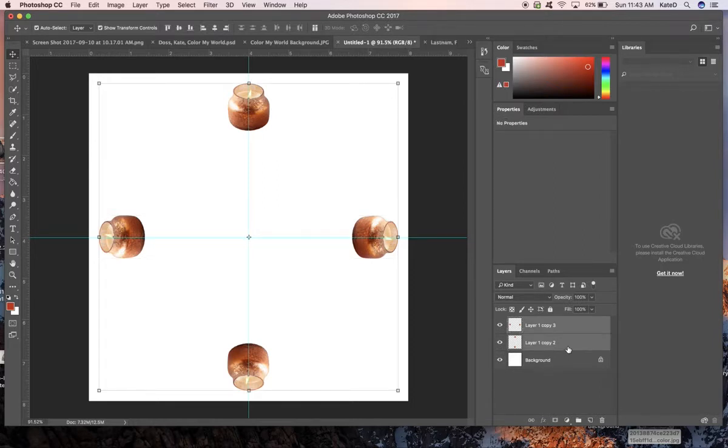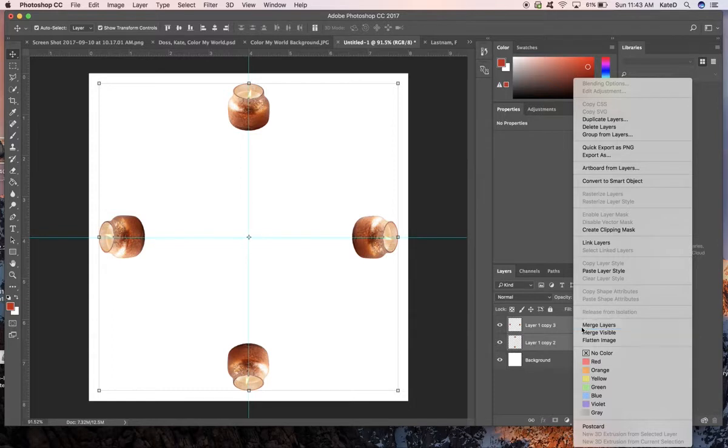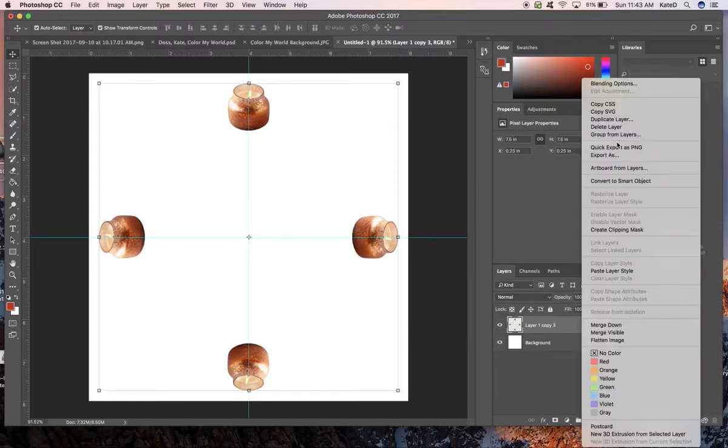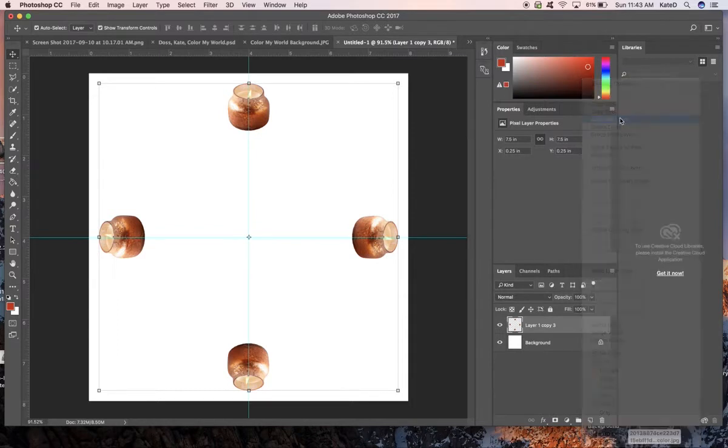those 2 layers selected. Now keep in mind, I still have the background layer behind all of this. I'm not merging it with the background, I'm just merging these 2 layers. Hold down Control, merge layers. Again, I'm going to hold down Control, duplicate layer,